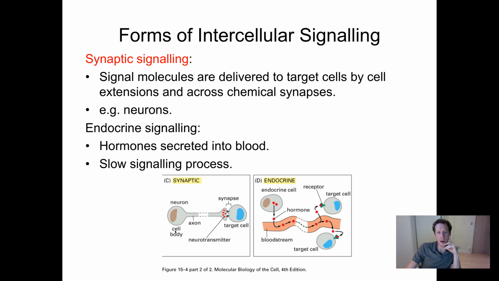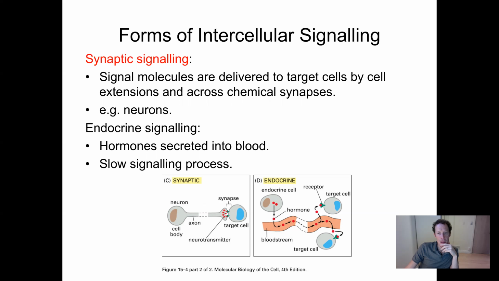And those chemicals bind to these transmembrane receptors and initiate signaling, intracellular signaling mechanisms, and we'll look at those in more detail. Okay. And then there is the endocrine signaling mechanism, and I think you've probably heard of endocrine signaling in the